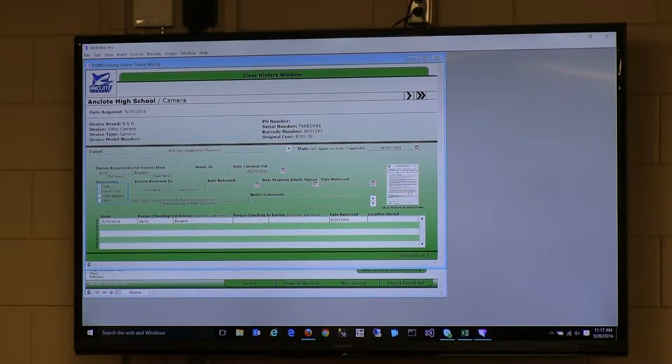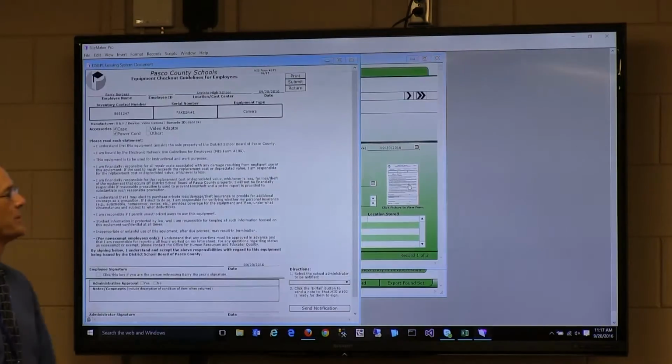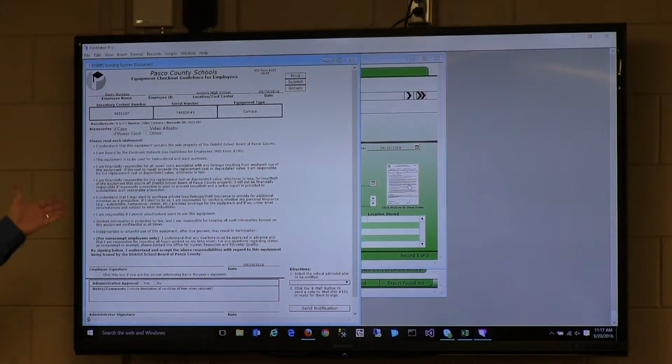The rest of the fields, if you notice, are when he returns it. So, for the sake of this example, we're going to go ahead and click on our form, which there's a picture of it to the right. How easy is that? And this form comes up. So it's got on the form that Barry's checked it out, what it is. And if you notice, all the way down